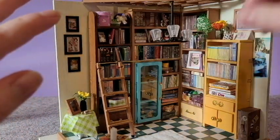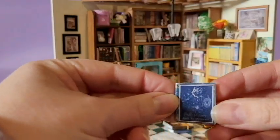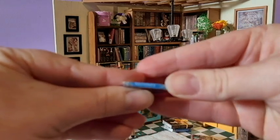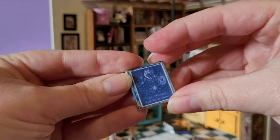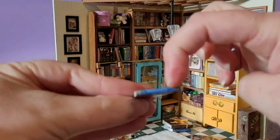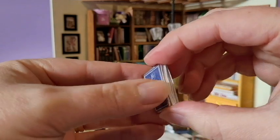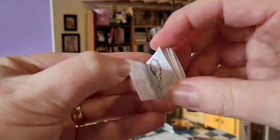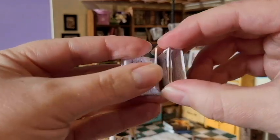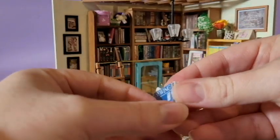The covers and all the pages. So like this one here is a millinery book from the 1920s. And it comes with the cover and a little binding title thingy, a cover picture, all the insides. You can actually open them up, and they're way too tiny to read, but they are beautiful. Dressmaking, again from the 1920s,